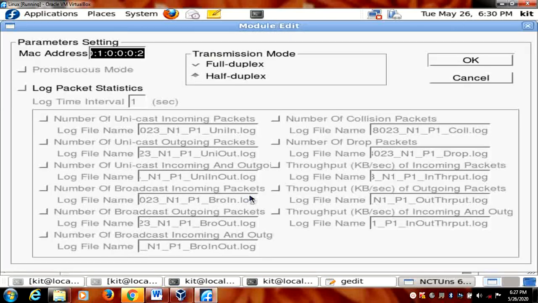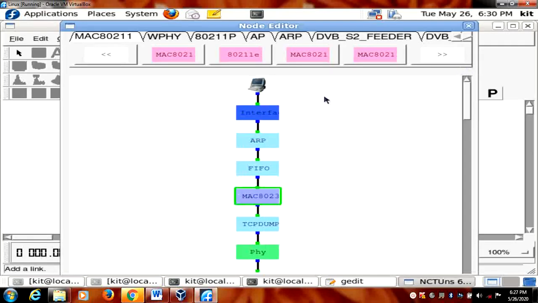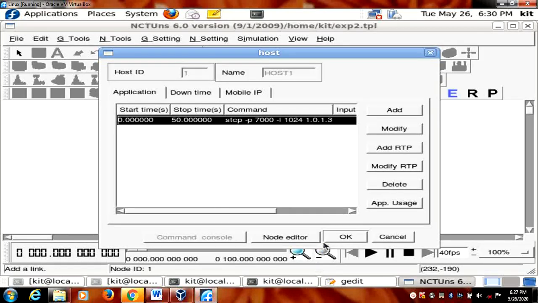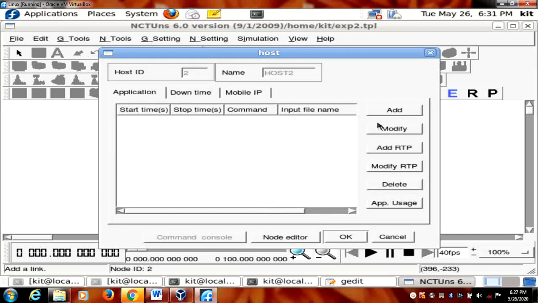Same steps I need to follow. MAC log packet statistics, throughput of outgoing packets, OK, and here also OK, and go for OK. Next go for second one, click on it, again add.